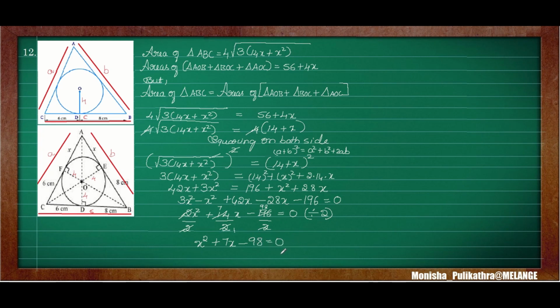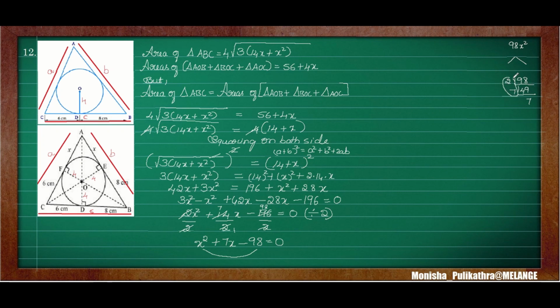Next what do we have to do? We need to do the factorization. Before factorization we need to multiply the first and the last term. So 98 into 1 is 98, 98 into x square is 98x square. Next the middle term is 7x. We need to take two numbers such that the multiplication of those two numbers is 98x square and the addition or subtraction of those two numbers is 7x. How do we do that? For that we need to take the factors of 98. So 2 4s are 8, 2 9s are 18, next 7 7s are 49. 7 is a prime number, we can stop the factorization here.